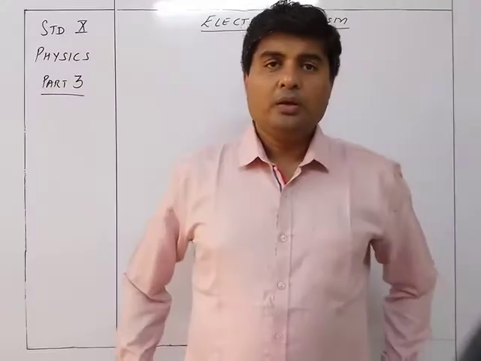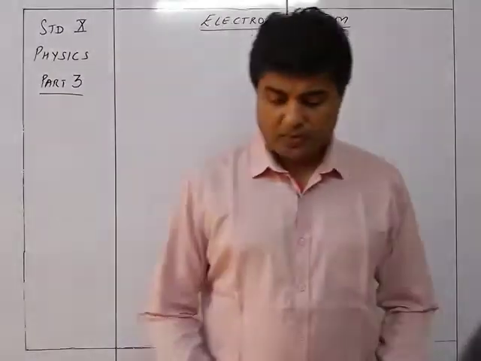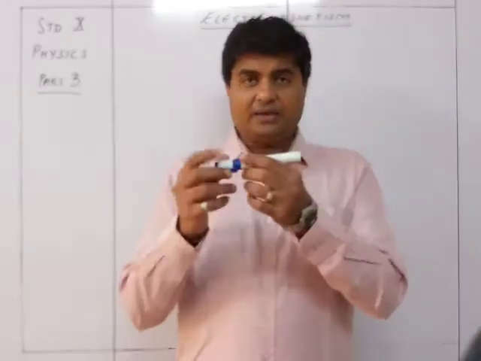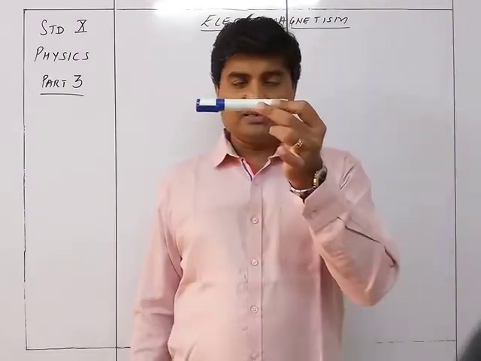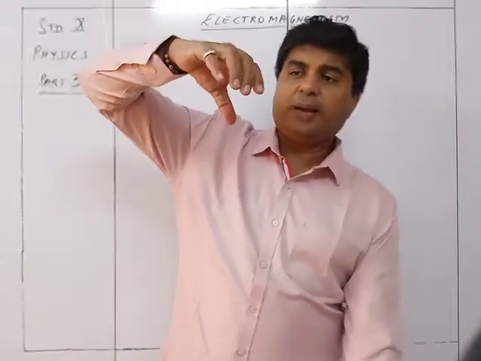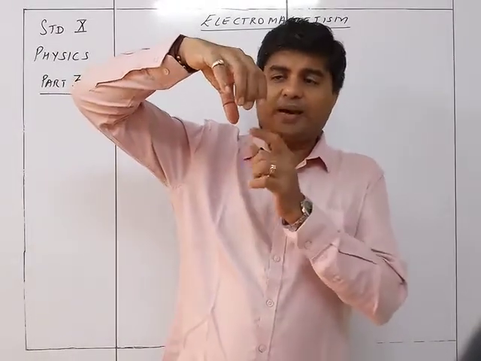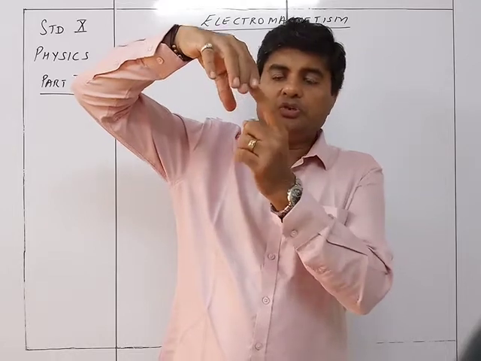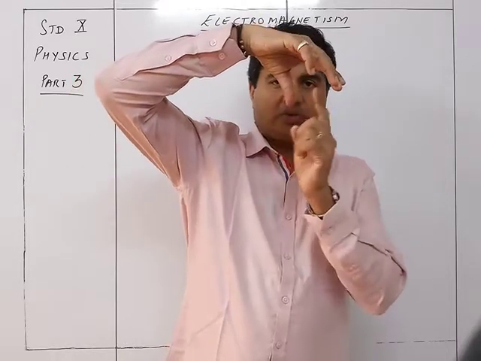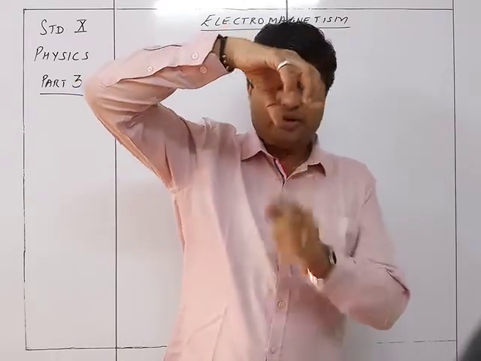So what does it say? Suppose I have got this current carrying conductor, so that the direction of the current is like this. I have the magnetic field. The magnetic field over here is such that this is a horseshoe magnet. This is the north pole, this is the south pole. So the magnetic field is from north to south.